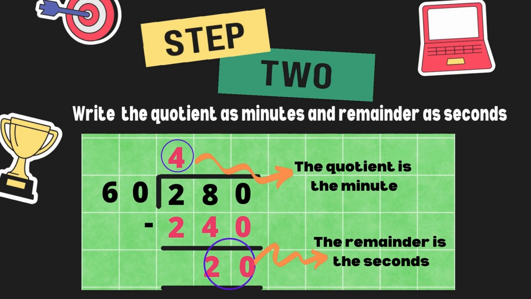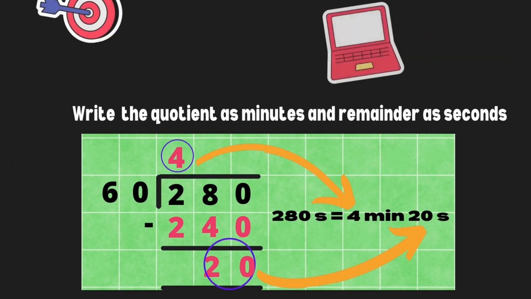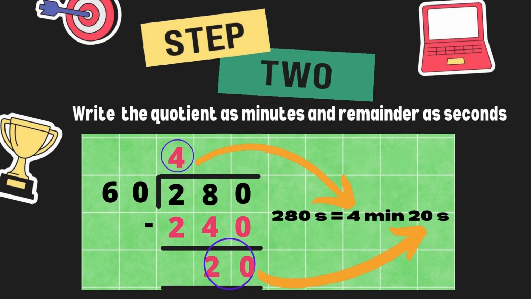So 4, which is the quotient, will be the minute, and 20, which is the remainder, that is your seconds. So the last step will be to write your final answer. Okay,